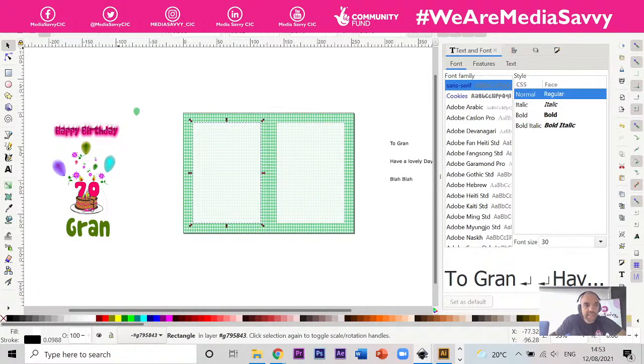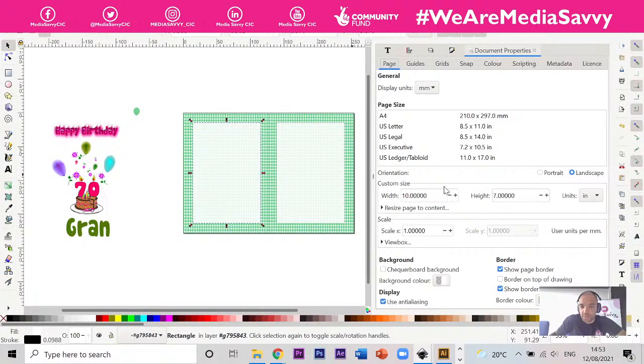What I'm going to try and do is change the document size now to half of the width. Let's say this is our card, and that's open. We want our invite to be half of that. So the actual width of a closed card is 5 inches. If you press OK,